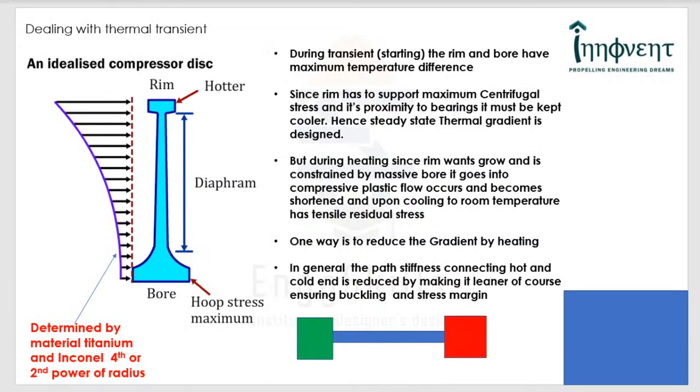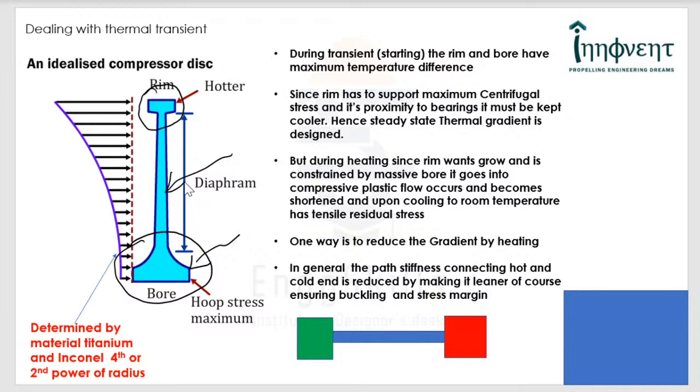Now, how do you in fact deal with transient temperature gradients? Here is one more example of a typical turbine disk. You can see that the bore actually has much higher thermal mass and therefore has a large thermal inertia. That means you require a huge amount of heat to be given for this to get heated up. And as far as the rim is concerned, it has low thermal inertia, which is obvious, and these are joined by a diaphragm or a web.